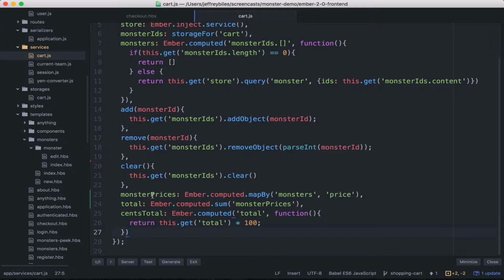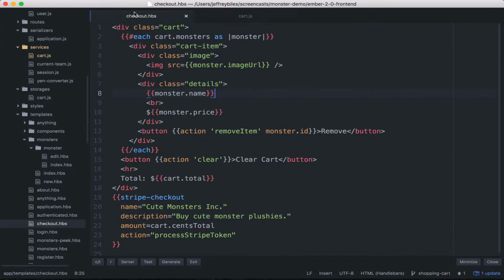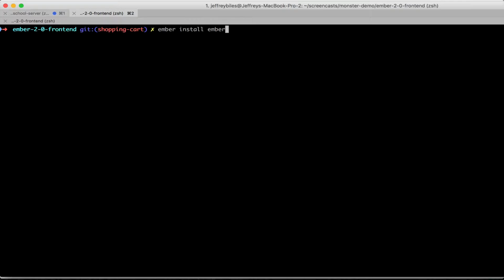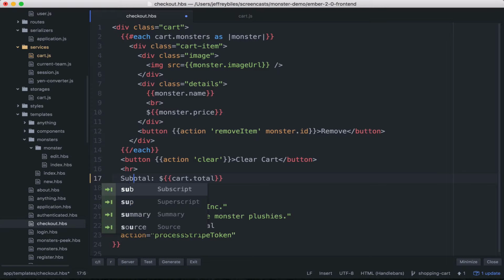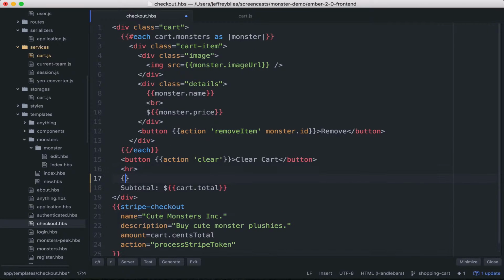Well, one option is to add it to the JavaScript, so make more computed properties. And that option can definitely work. But another option is using our two add-ons to do it here in the template. So we'll install both of those and then get started. We'll start by changing this from total to subtotal, and then we'll go ahead and define subtotal using let